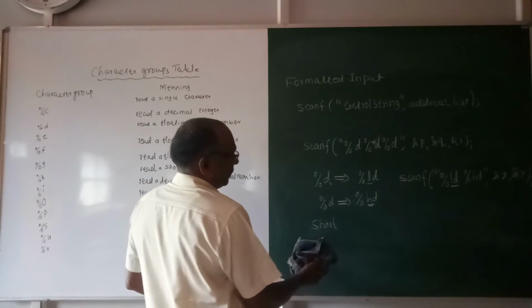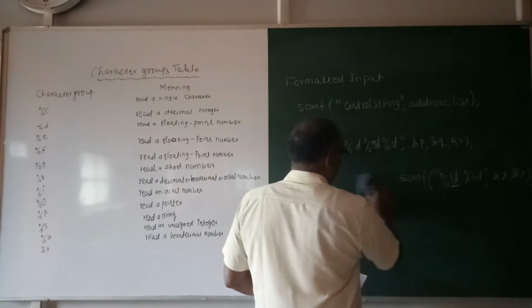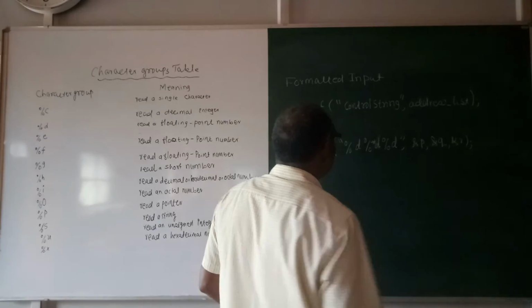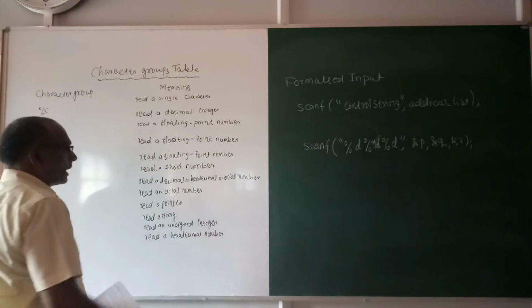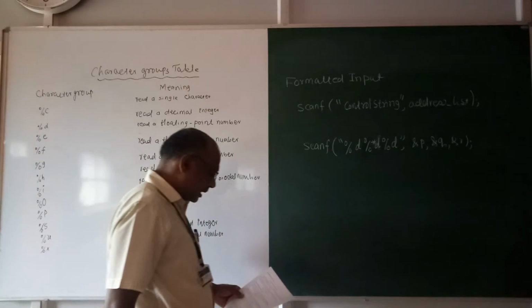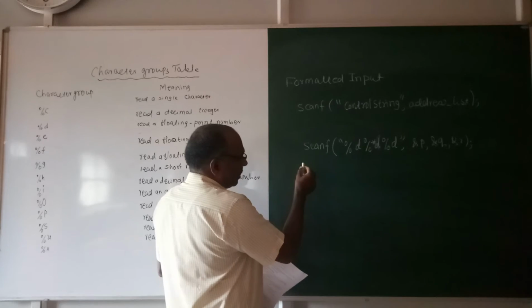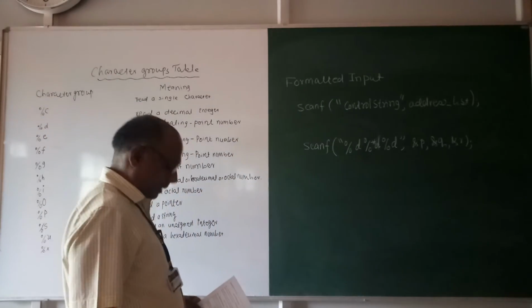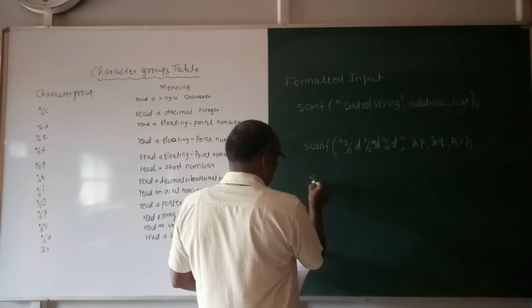If the number has to be accepted as an unsigned number, then how to write a scanf function using the different character group and their meaning. If the data or input is unsigned number, in that case I will write the scanf,